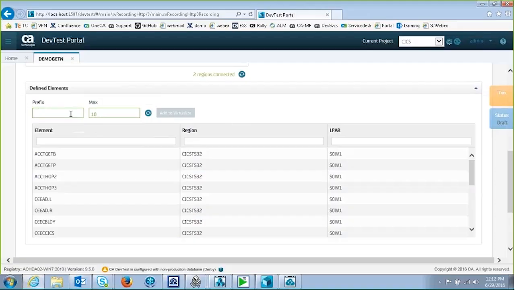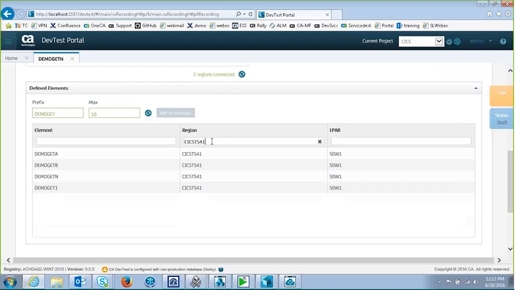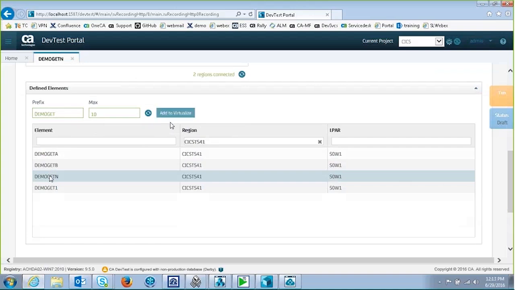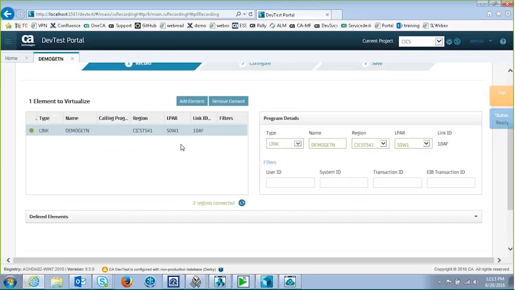I can add a prefix here, DEMOGET, and refresh that. And I can filter on the region I want. I know I want CICS TS41. That's all I care about. And I can see my program DEMOGETN here. So if I select it and click on Add to Virtualize, it puts it up here in the Elements to Virtualize. So it's going to record a CICS link to program DEMOGETN on this region, CICS TS41, on this